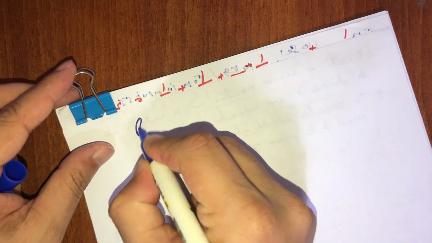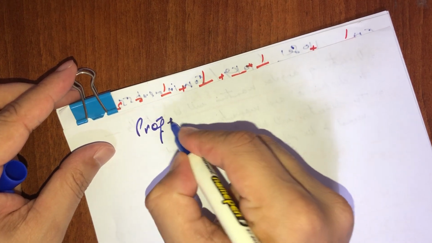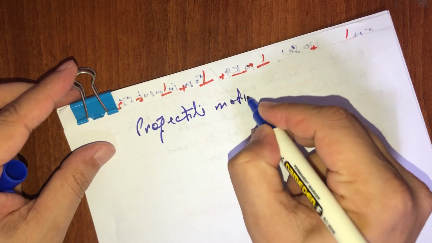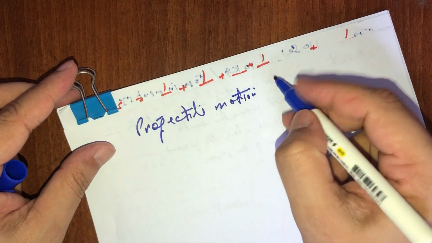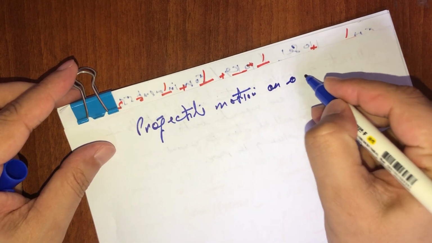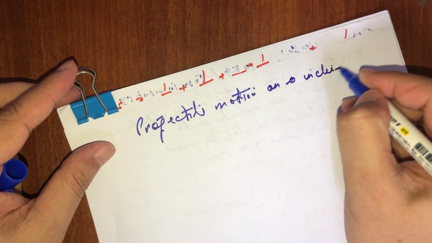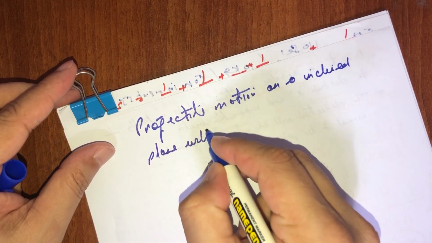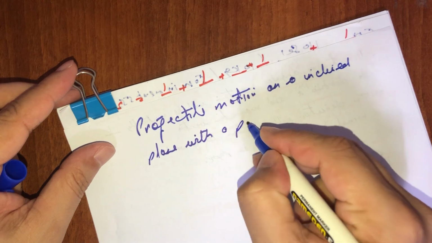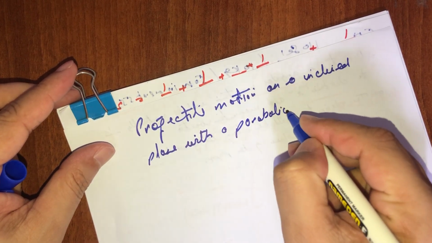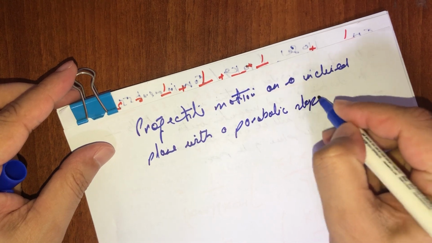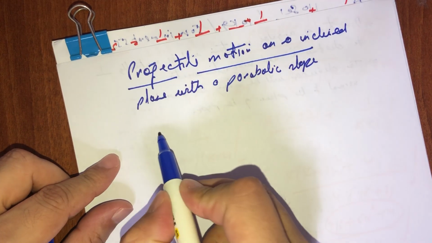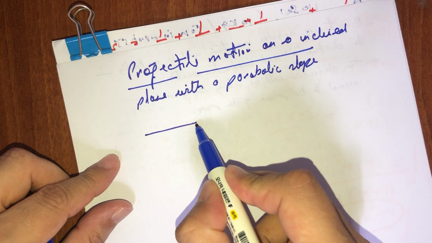So today is projectile motion on an inclined plane with a parabolic slope. It means we have something like this,